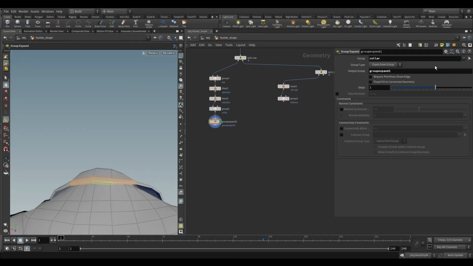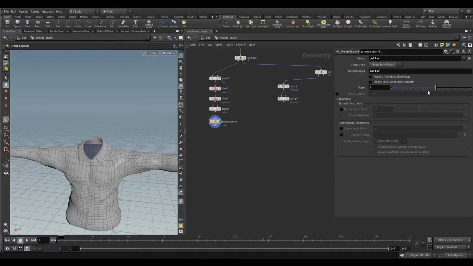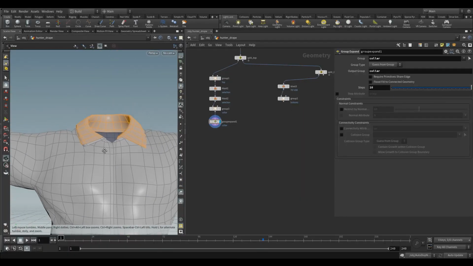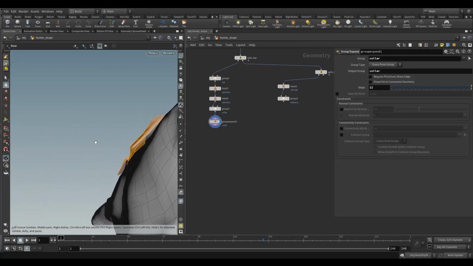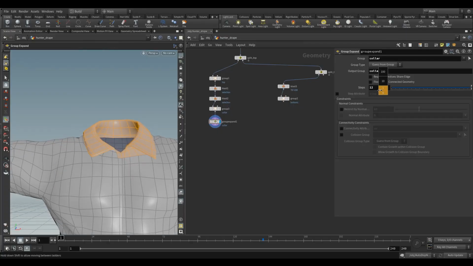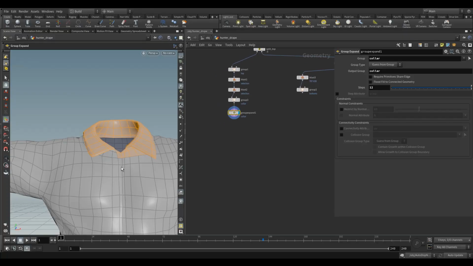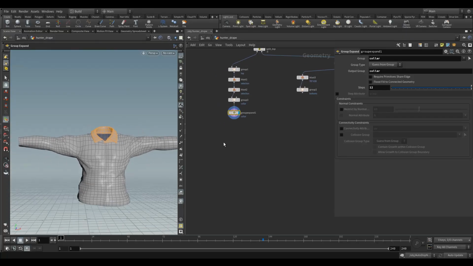and find my collar, copy that, and just so the name doesn't change, and then just expand that out so it grabs the whole thing. I want, make sure it grabs everything. Go a bit under there, doesn't matter really. Yeah, I can go back one. No, leave it like that. Okay, and then we need to remesh this